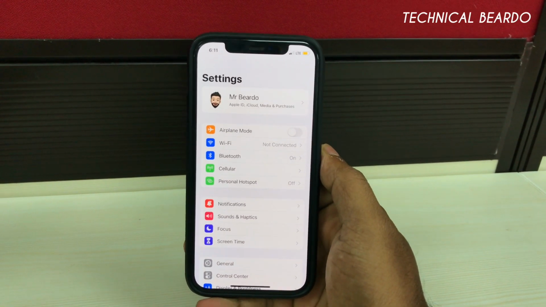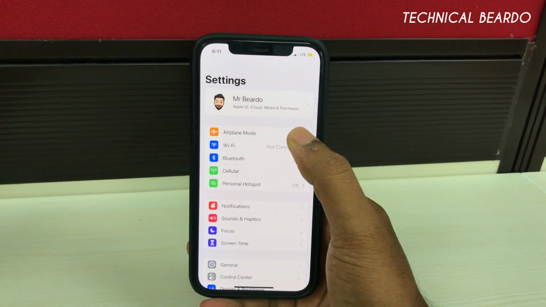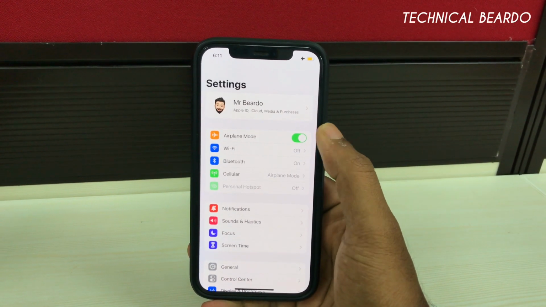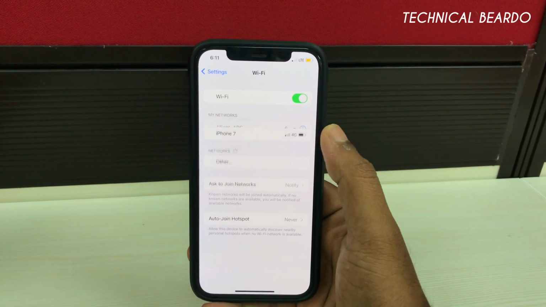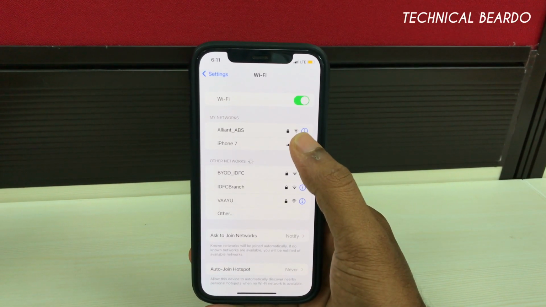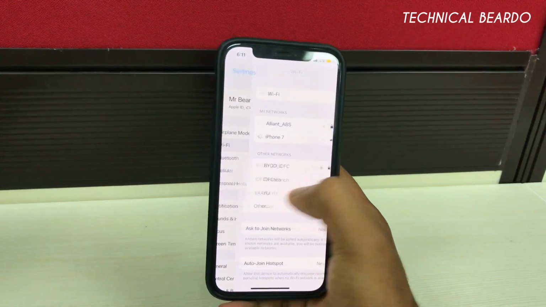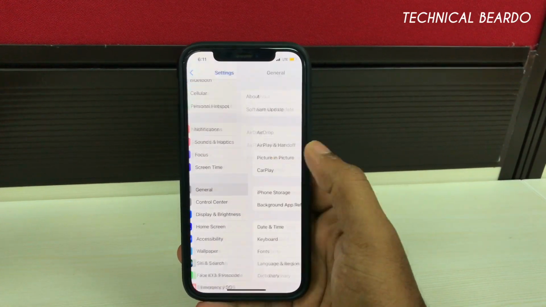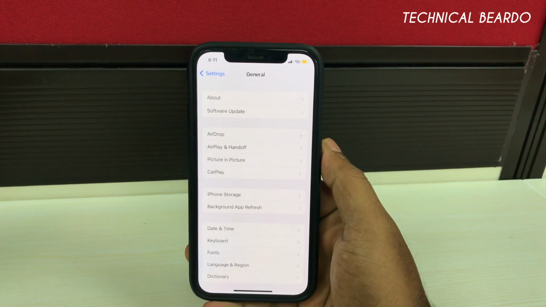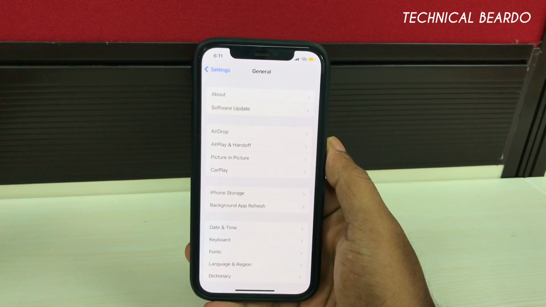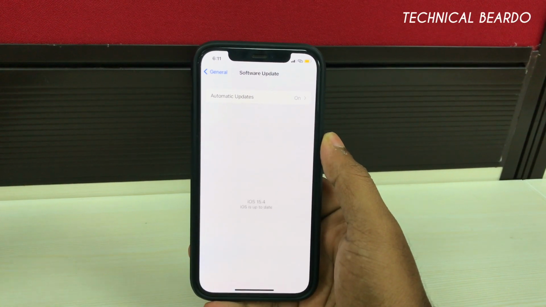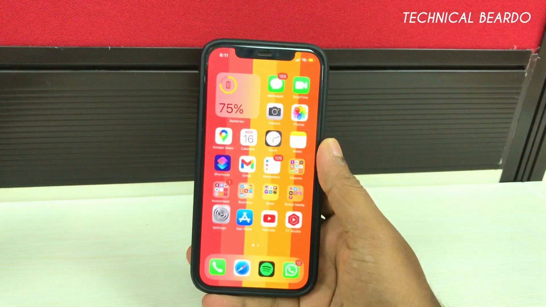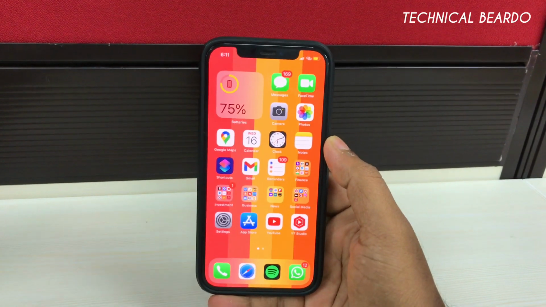Even if there is still the issue after a good network, then do one thing: just disable your Wi-Fi, enable airplane mode, then go back to the network, reconnect your Wi-Fi network and try again. Doing this might fix any issues regarding your Wi-Fi network, and you can reconnect your device with the Wi-Fi network and fix the issue. If there is still the issue after this, then comes the next step.